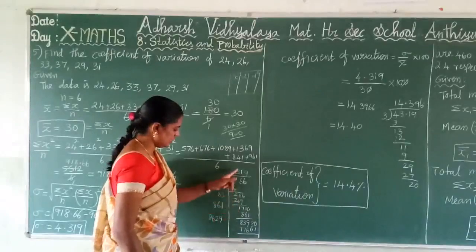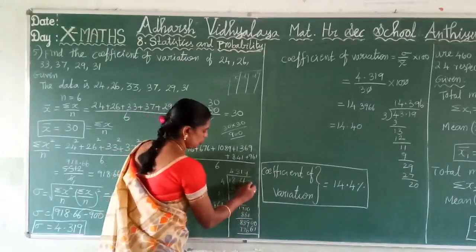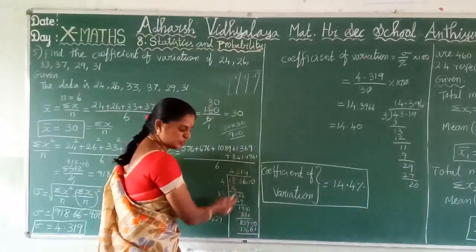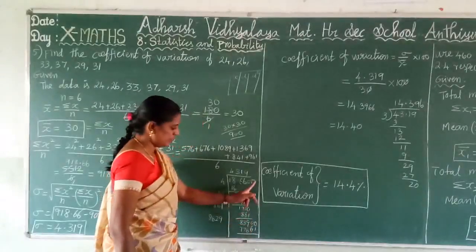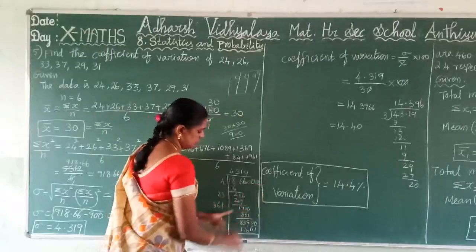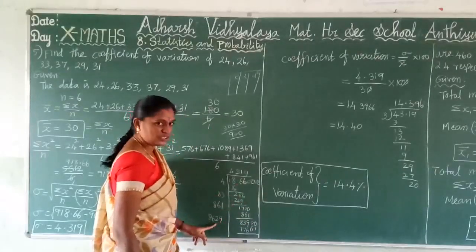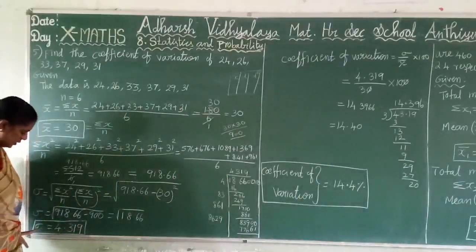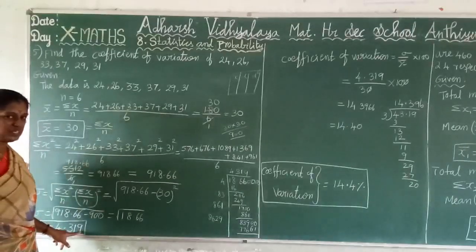Here 3 3s are 9, 3 8s are 24, and subtract. Remainder, and bring down 2 0. Double the quotient and find which number is possible. Multiply and subtract. For the remainder, bring down the next 2 digits, 0 0. Which number is possible? Clear? So we get 4.319. Sigma is equal to 4.319. At last we get it.